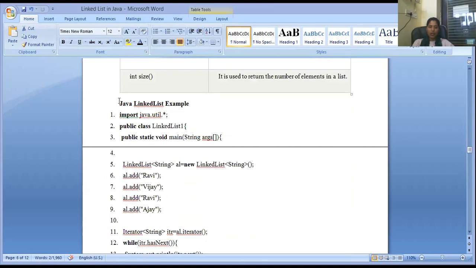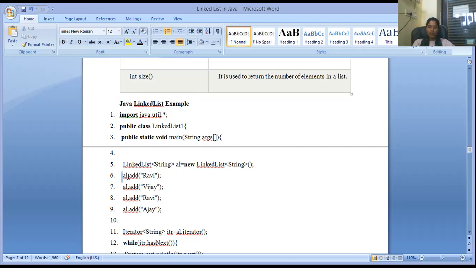Okay, so now I just want to explain one example of this linked list. Here you are using the package import java.util, public class LinkedList. Make a linked list first; the class name is this one. Public static void main(String[] args), and here LinkedList<String> al = new LinkedList<String>().